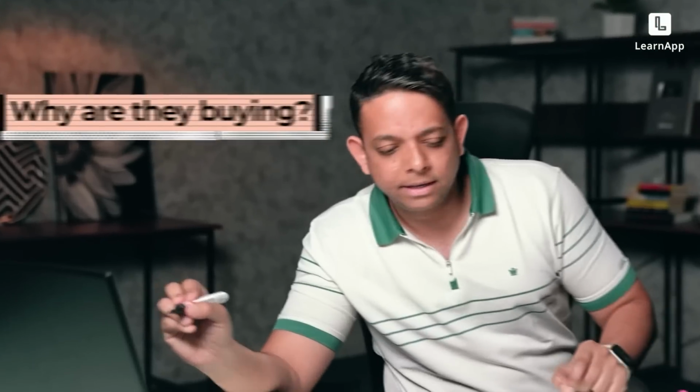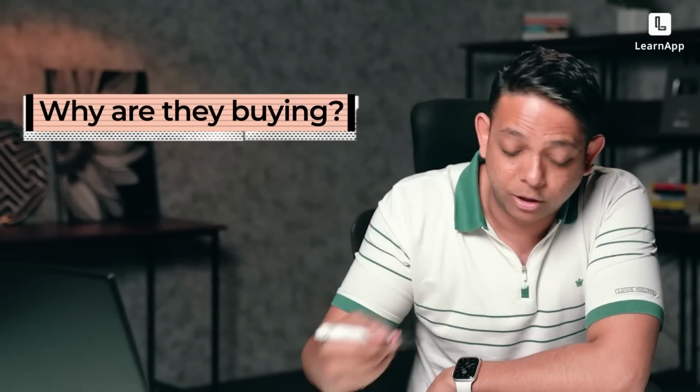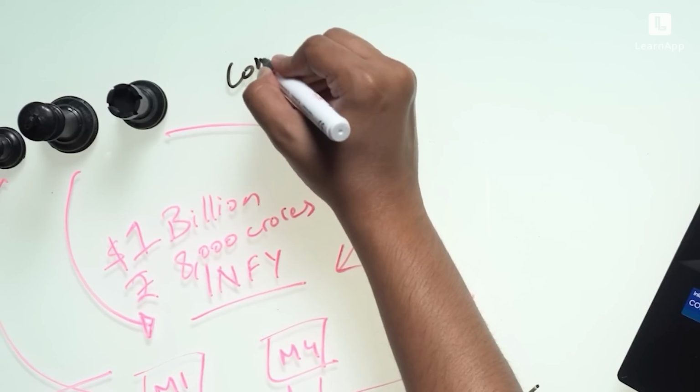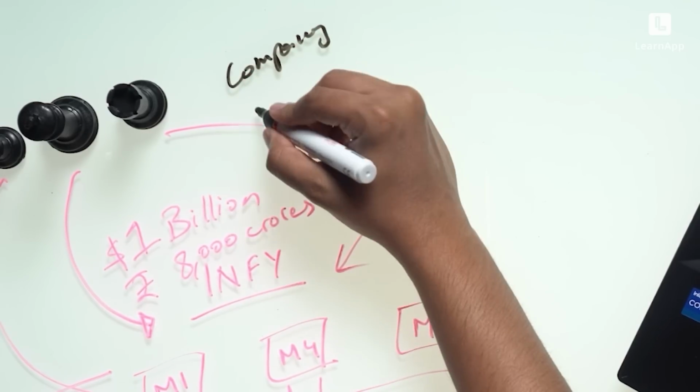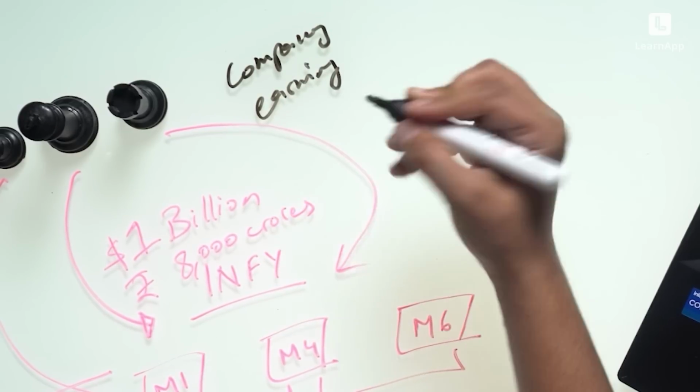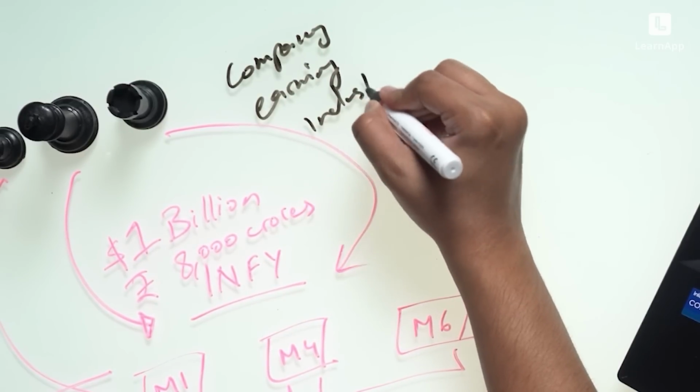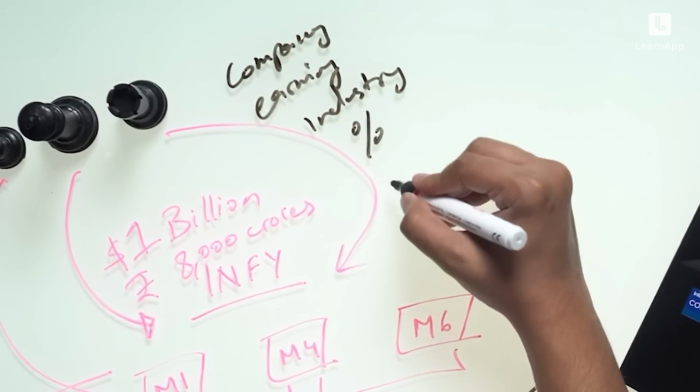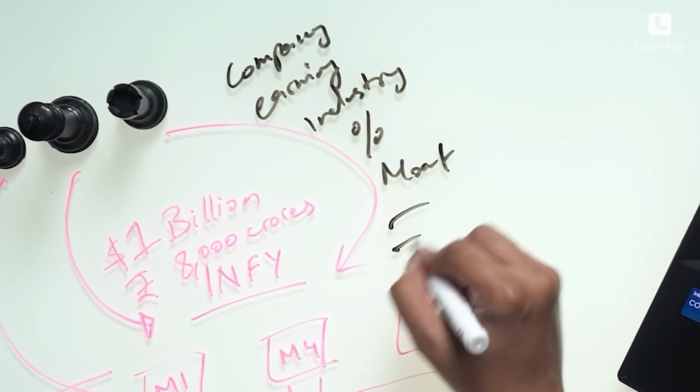This very phenomenon, because of the structure of the market like this, is called a trend. Now, why are they buying? They're not buying because of the trend. They're buying maybe because the company is good, because the earning is good. They may be buying because the industry is good, because of the percentage, because there's a moat, and all these reasons. But you don't need to worry about it because you can spot this trend, and I'm going to tell you exactly how you can spot this trend in this video.